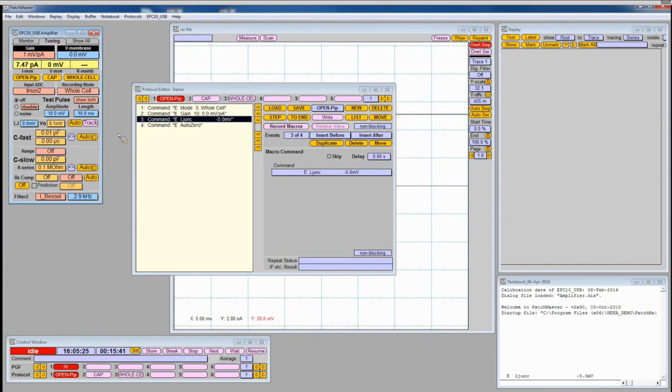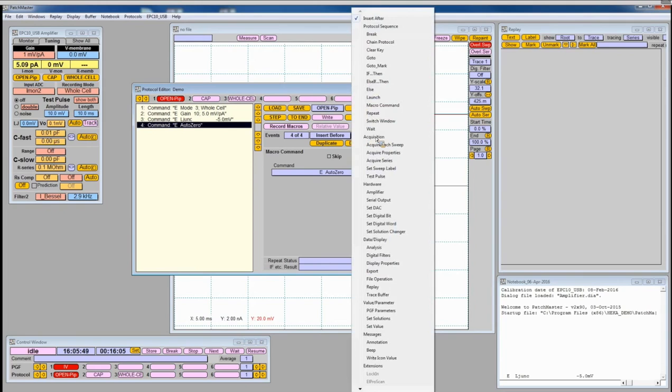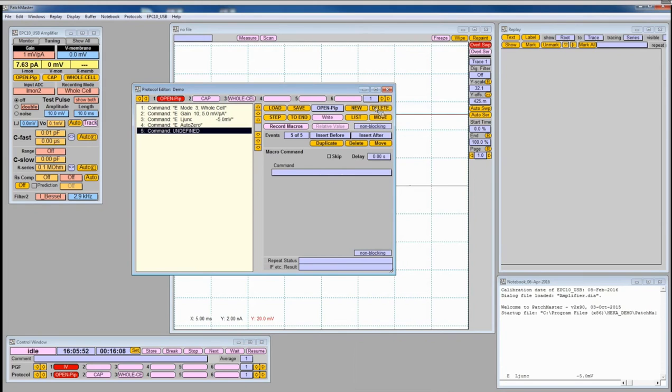Okay, the next step that we would like it to do is, after the auto button is pressed, I want to establish a test pulse so that I see it when I approach the cell. And I can do this also automatically. So let's go back to my auto 0 button. This is the command that will execute this button, and after it I want to now do the test pulse settings. So I'm going to insert after, click on macro command, click on record macro, and now I basically do